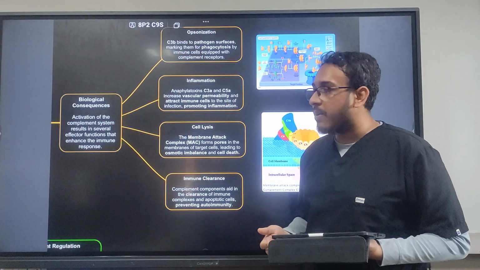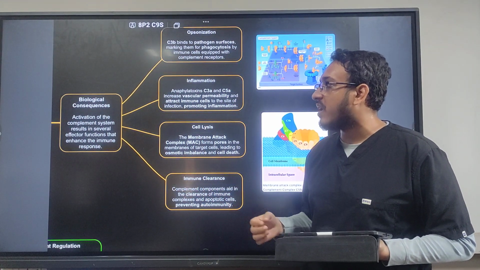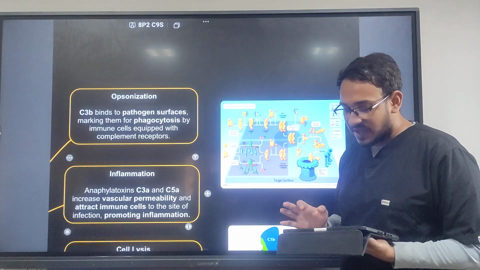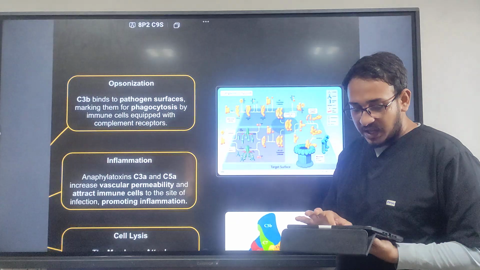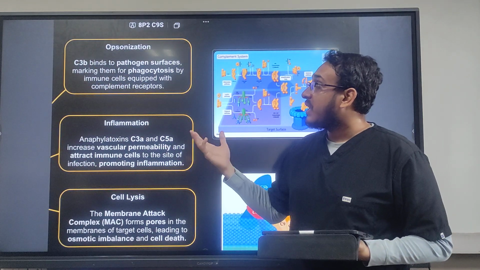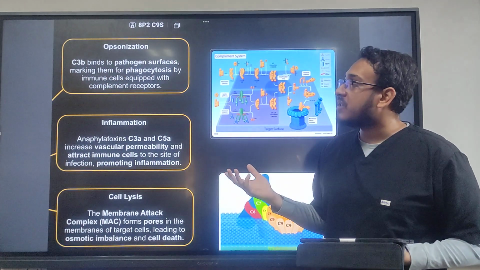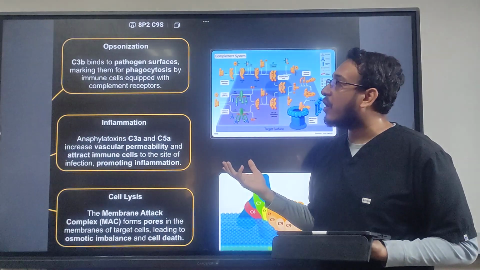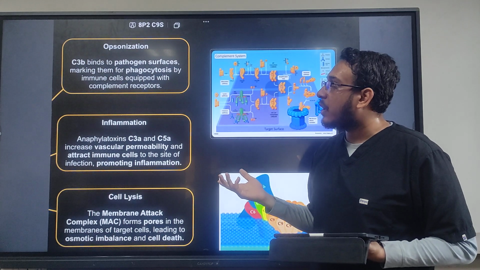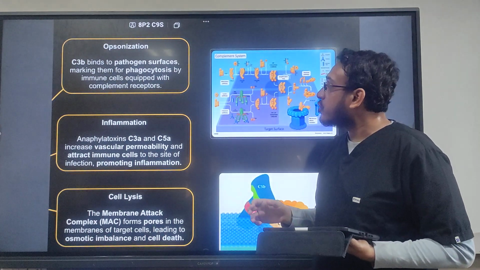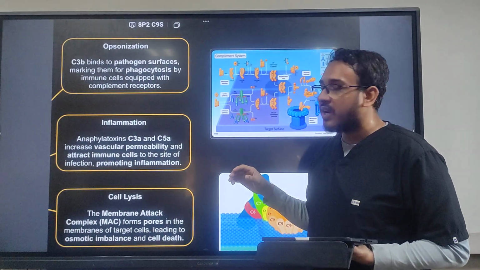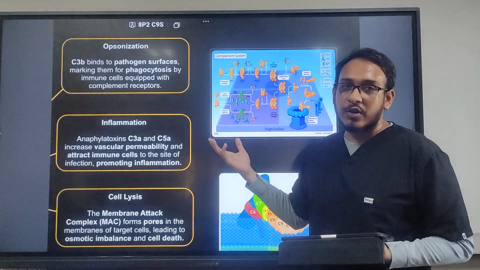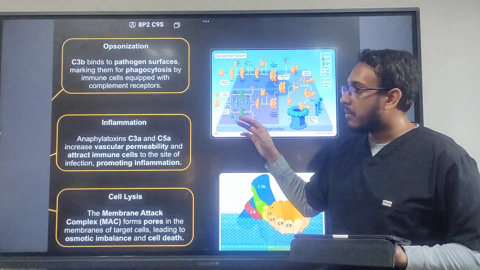Activation of the complement system will result in several effector functions enhancing the immune response. Firstly, there is opsonization. It is the binding of C3b to the pathogen surface, marking them for phagocytosis by immune cells equipped with complement receptors. So opsonization is basically a marker for natural killer cells or other phagocytic cells to attack